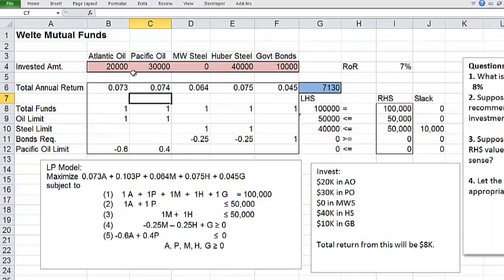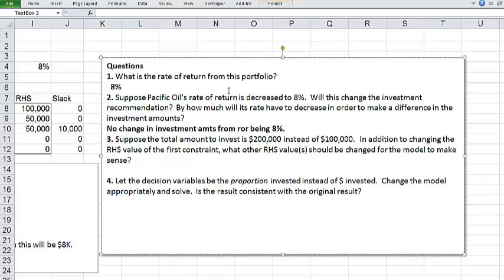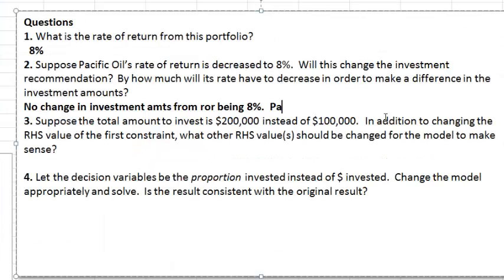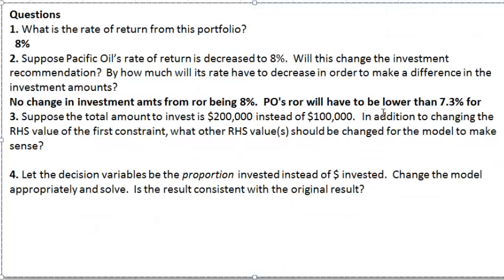So we could see then it's back to the original investment amounts. So from all this, we could say that the Pacific Oil's rate of return will have to be lower than 0.073 in order for the recommendation to change. So that's what we'll put down here in the original sheet. Pacific Oil's rate of return will have to be lower than 7.3%, which was the Atlantic Oil's rate of return,